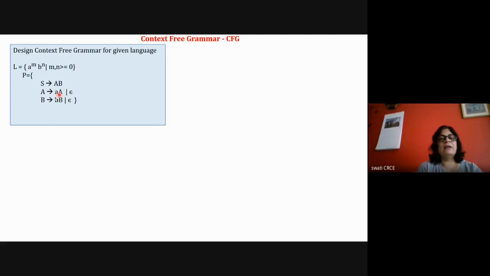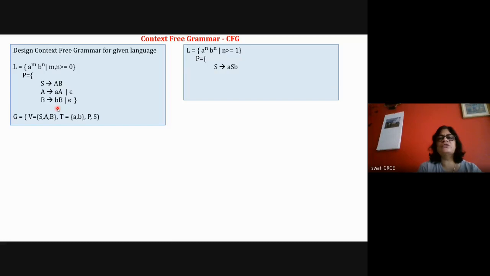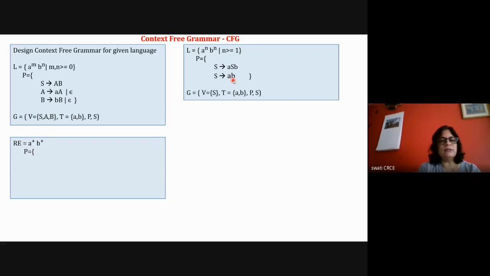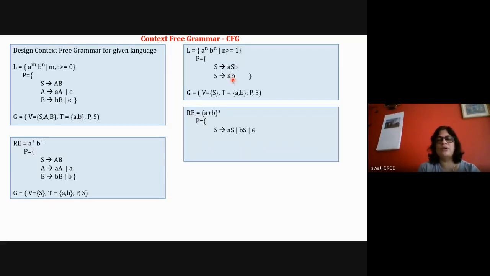Otherwise A A, and generate any number of A's, and here generate any number of B's. So B is equal to small b capital B. Okay, so this way, A raised to n, B raised to n, we have done. You remember, always on the left hand side A, right hand side B is generated, and if it is greater than or equal to 1, then AB. Okay, now I think you have understood this. We have solved this problem. So I'll go ahead